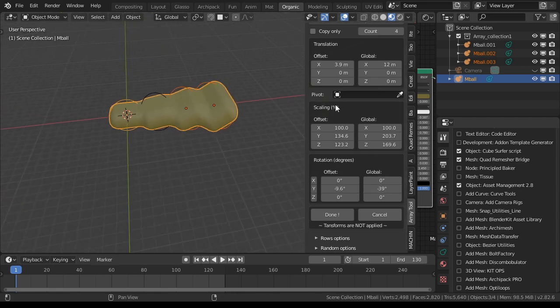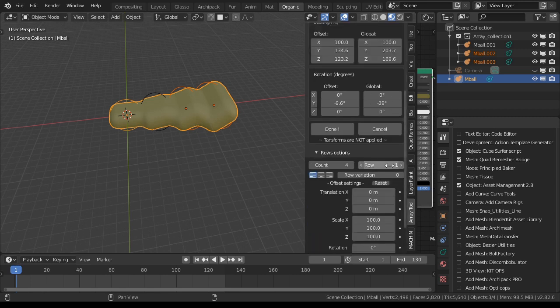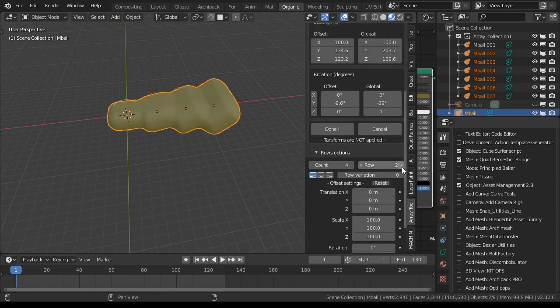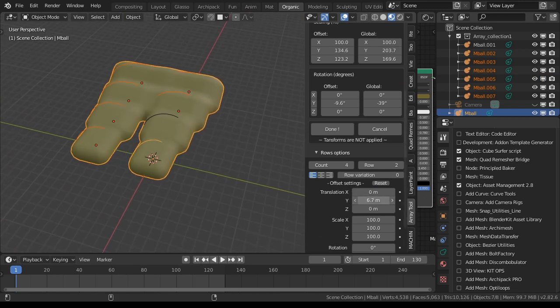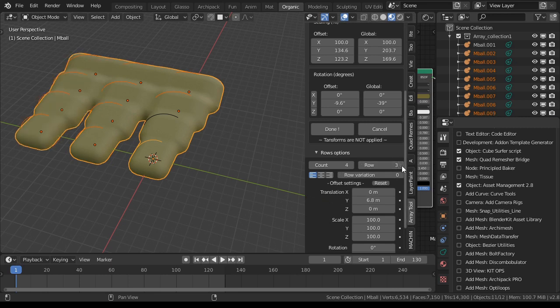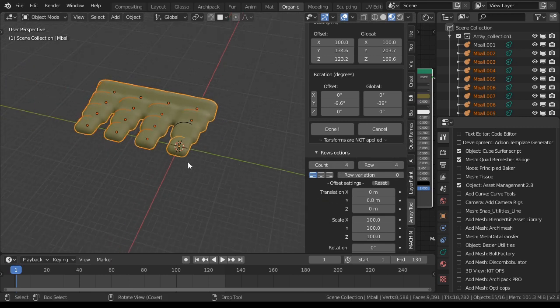And then once we are done with the translation, scaling and rotation of the first row, we can make another row, and then you don't see anything yet, but you need to translate it. In this case I use the y-axis. Let's say we want something like that. We add some more rows,